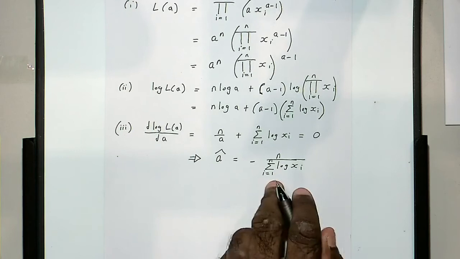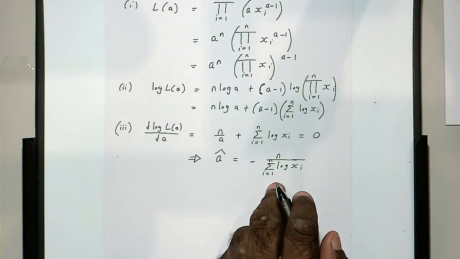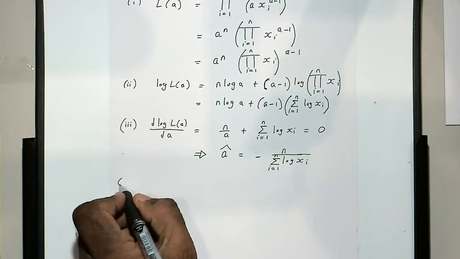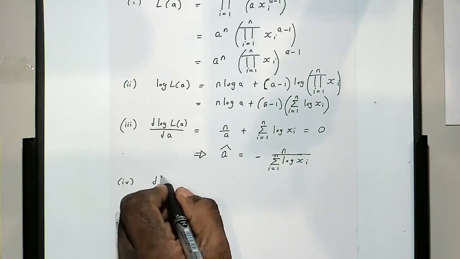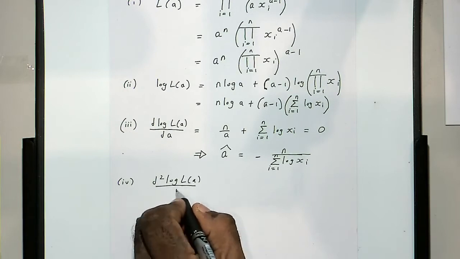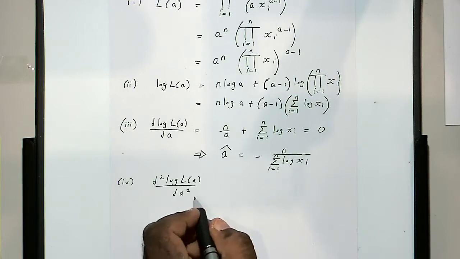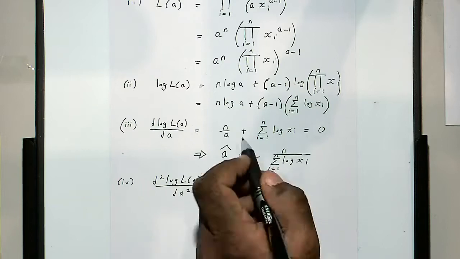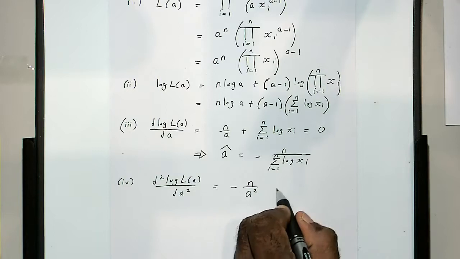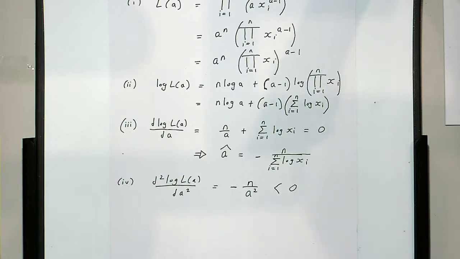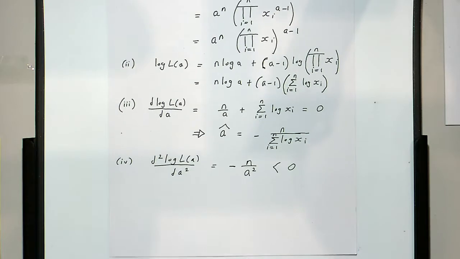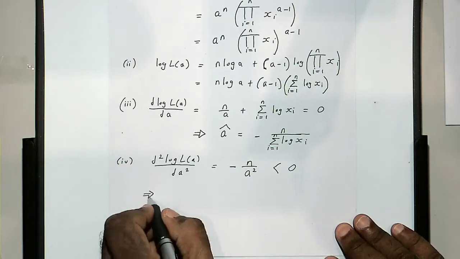Right, now to make sure that this is an MLE, the maximum likelihood estimator, we need to show that the second order derivative, which is the derivative of this, is minus n over A squared. And this is clearly negative. I mean, this is easy here because clearly minus n over A squared has to be a negative number, right? So the conclusion is that A hat